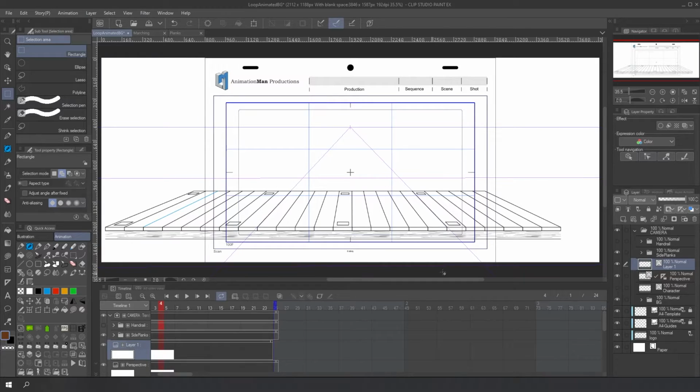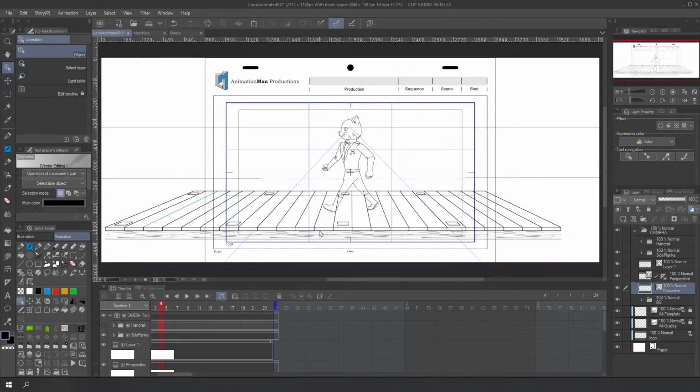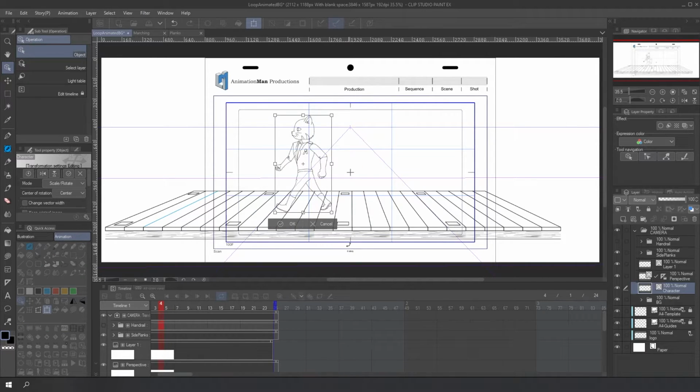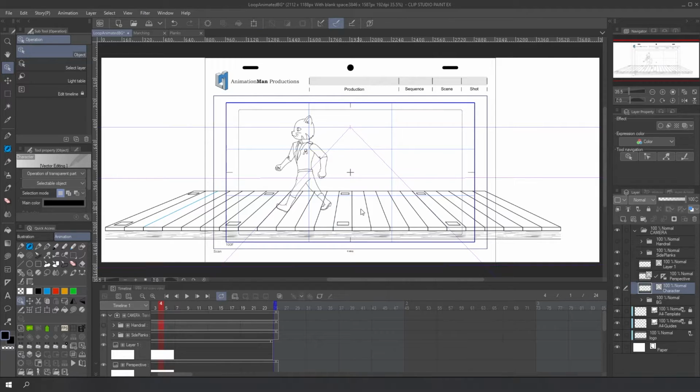To know the length of the cycle, I copy the character over the bridge. You can see that each step requires 3 wooden planks. The character is a simple vector layer copy from the file of the walk cycle. It requires 3 planks, but in the complete cycle, the character goes over 6 planks. This is because it needs to do 2 steps to start the cycle again. This is why each module contains 6 planks, and in this way it will be an infinite loop.